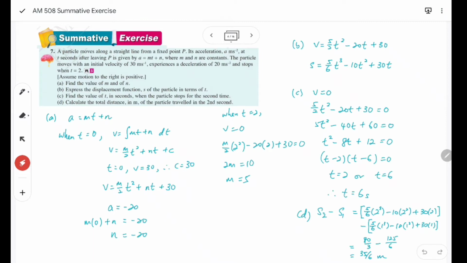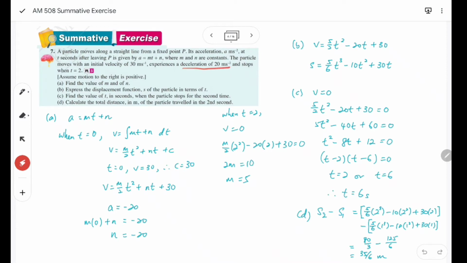Alright, from the information given, we have a equals to mt plus n, and we know that the initial velocity is 30 meter per second. So we try to get the velocity function by integrating the mt plus n with respect to t. So we get v equals to m over 2 t squared plus nt plus c. And the initial velocity tells when t equals to 0, v equals to 30. So when t equals to 0, we know v is actually equals to c. Therefore, c is 30. Okay, so we know c equals to 30, and